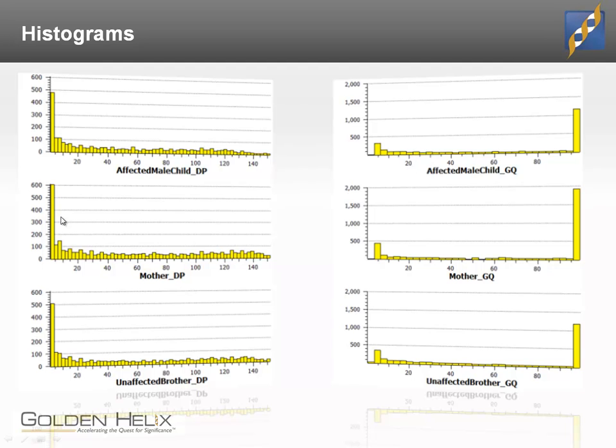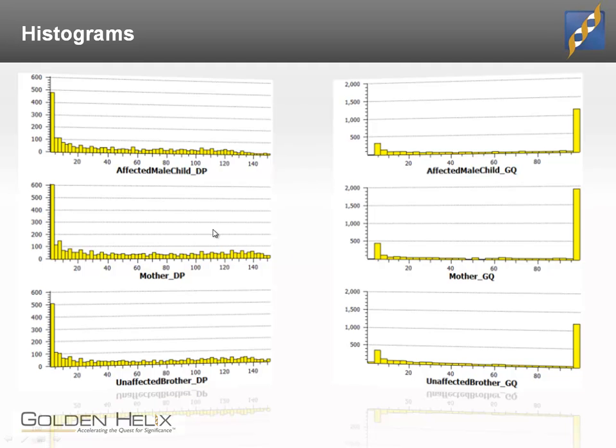It's also worth noting that there is a little bit more total DNA and a little bit higher genotype quality in the mother, who has 2 X chromosomes that are being sampled here, than in the males, which only have 1 X chromosome. So you can see the number of genotypes that are high quality is a little bit higher, and you can see the overall histogram is a little bit larger.